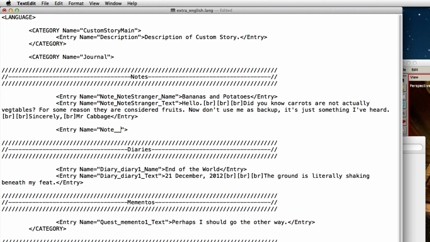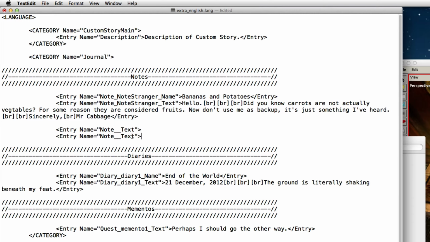You can write another underscore and write text, and after you've written that, you can just copy the whole line and paste it under there and replace, well, one of them with name instead of text. And then between the two underscores you can write whatever.